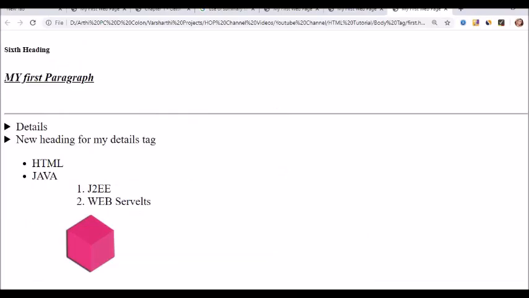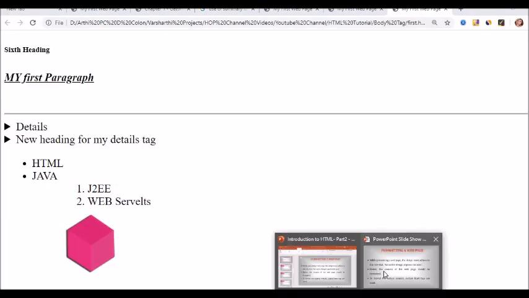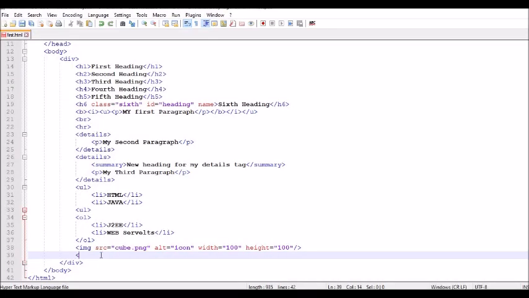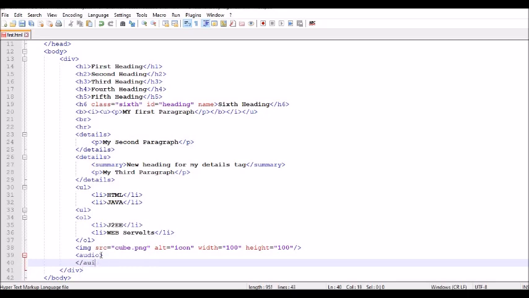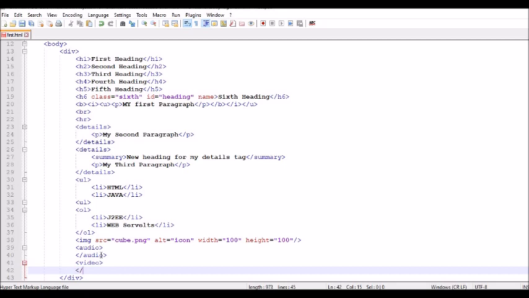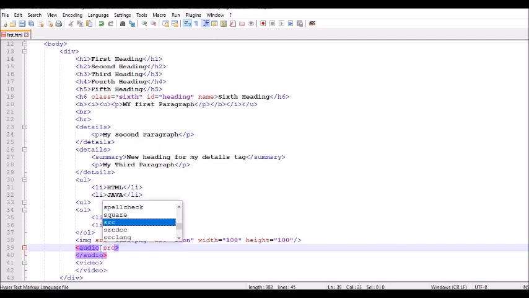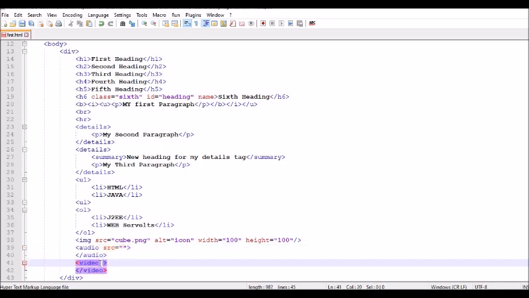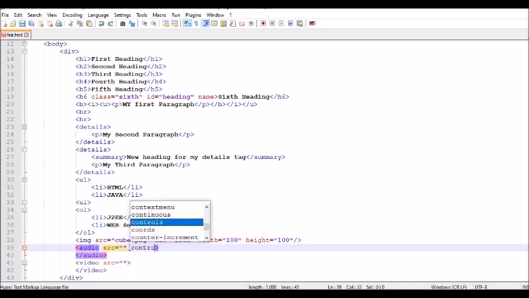After that, we can use the audio and video tags. To add audio or video, we can use audio and video tags. Here I have opened the audio tag and similarly I have opened and closed the video tag. The attributes for these two tags are almost similar. The common attributes for these two tags are src, which is the audio or video file that we are going to use, and the second attribute is controls.